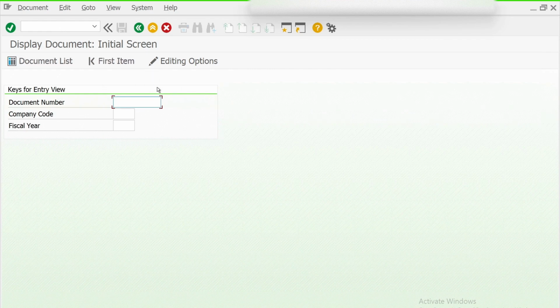The requirement is that I want to open the line item screen of the GL, for which we have the T code FBL3N, as I have already shown you. To open that and close this one, we have to use slash n. Slash n will close this screen.